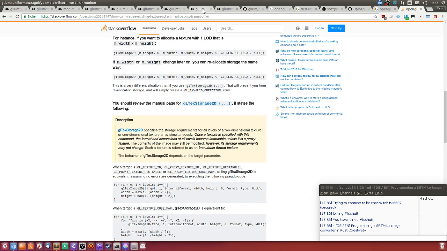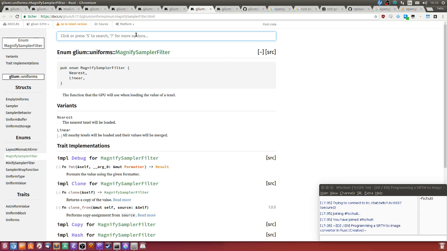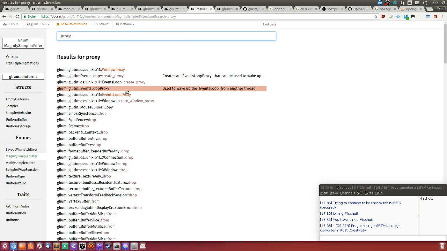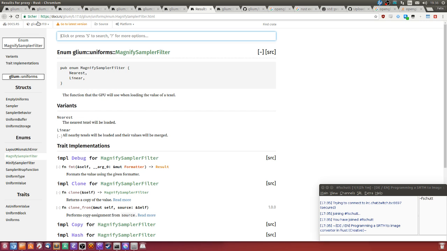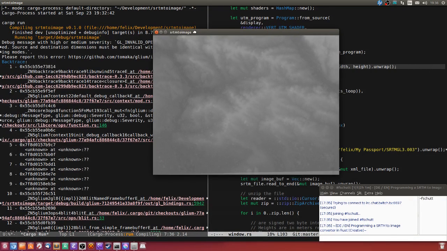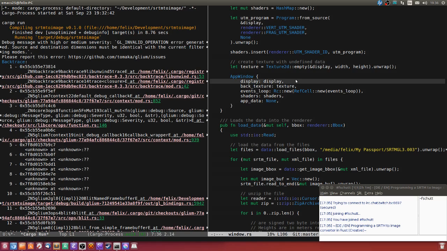Well, do we have something with a proxy texture? No, we don't. Well, for this example, I don't really care. So let's just end this and